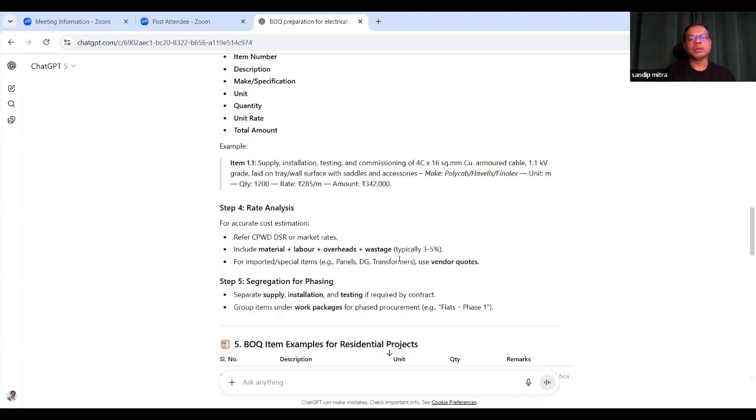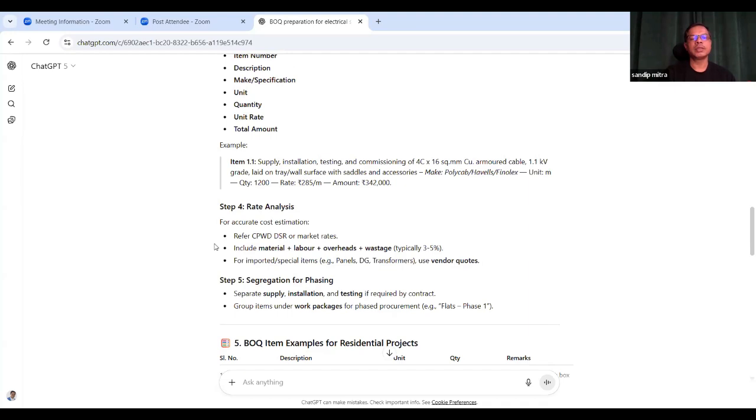Now, how to prepare the rate analysis? For accurate cost estimation, refer to CPWD, DSR, or market rates. You can collect the rates from different vendors. Although it is a part of the procurement job, you can also directly connect with the vendors and collect quotations, where you will get the current rates, including material, labor cost, overheads, and wastage. Normally, we consider 3 to 5% wastage in any project,